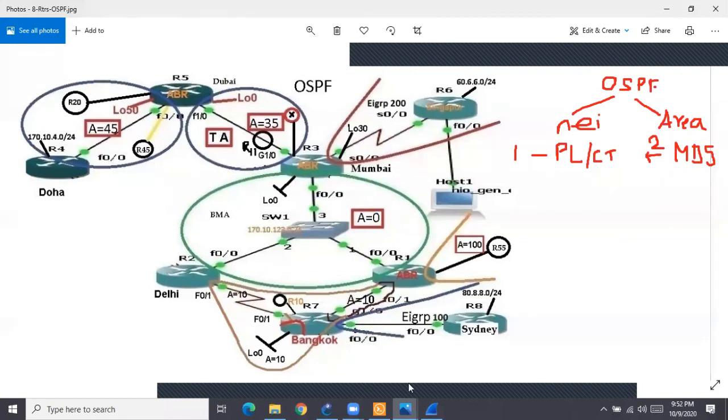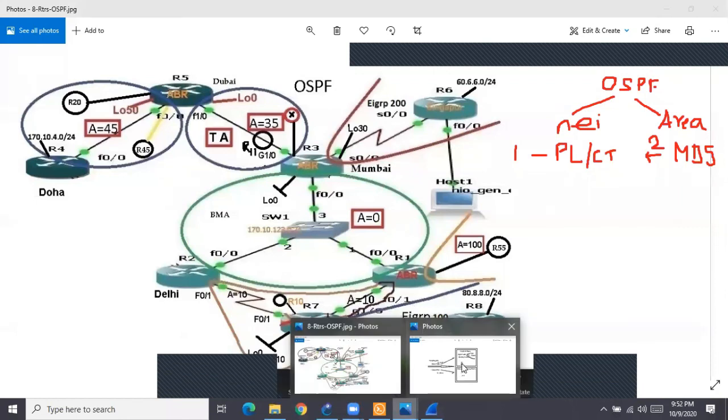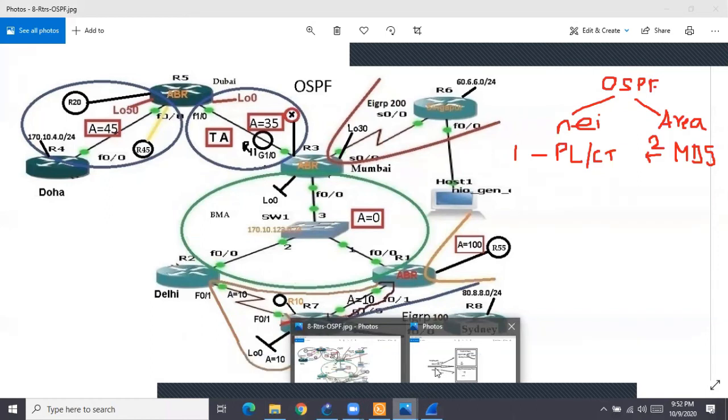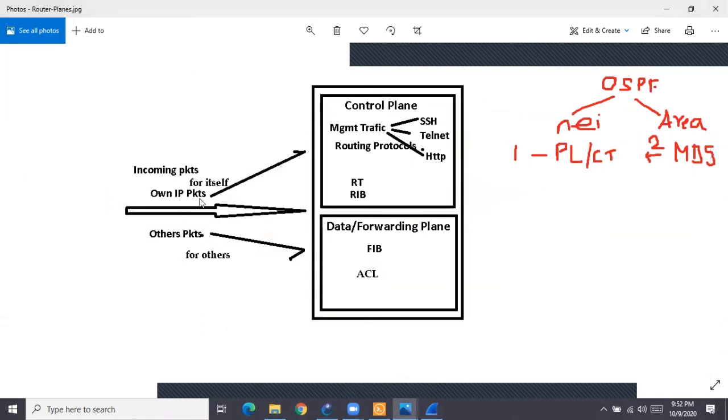So now what advantage can I take? I know that if somebody is telnetting, or doing HTTP to R5, the packets will be coming to its own IP. So these packets will be forwarded to which plane? Control plane. So in this control plane, what can I do? If I apply a policy and say deny telnet, deny HTTP, these two you deny, what will happen? Finish.